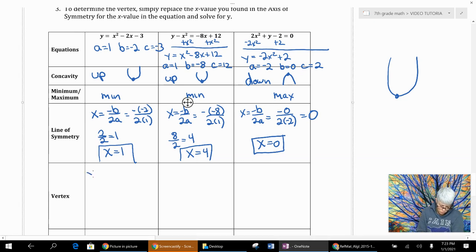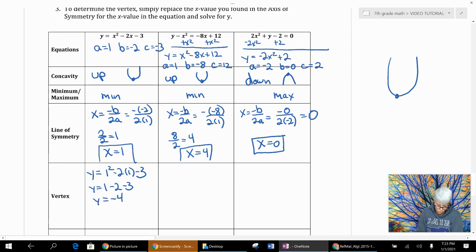So for the first one, y is 1 squared minus 2 times 1 minus 3. Y equals 1 minus 2 minus 3. Y equals negative 4. So my vertex is 1, negative 4. It's not just a negative 4. I have to write the entire ordered pair. Next one, y equals